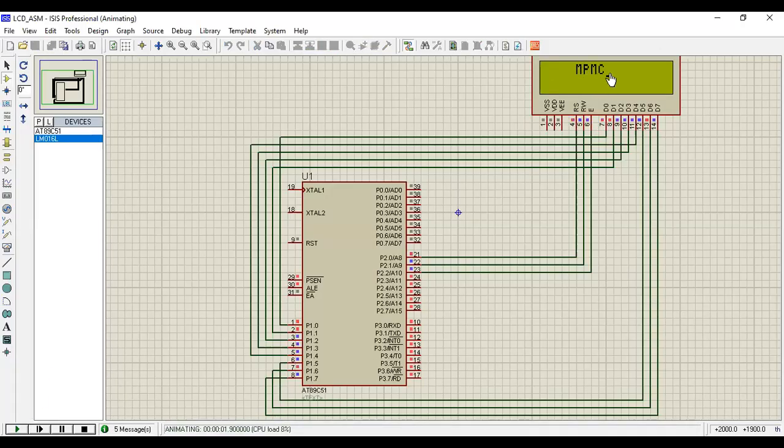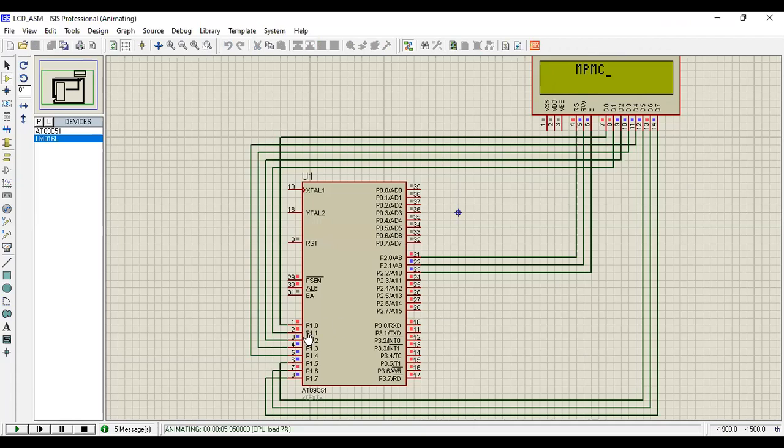So MPMC is displayed. Whatever characters you want, you can display. You can write the program and display it in the LCD like that. If I want to stop, I can stop the simulation. If I want to run the simulation, click on the play button, and this MPMC will appear on the LCD.